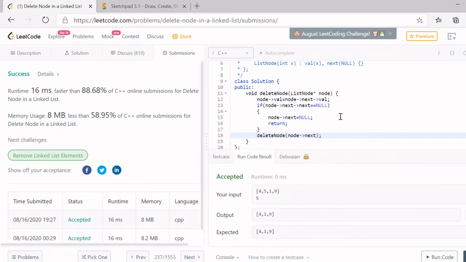So guys, this is a very important question and has been asked multiple times in interviews of Amazon and Goldman Sachs. So be sure to practice it. I'll post the question link in the description.